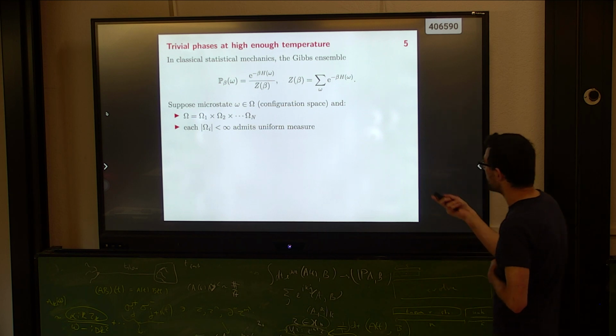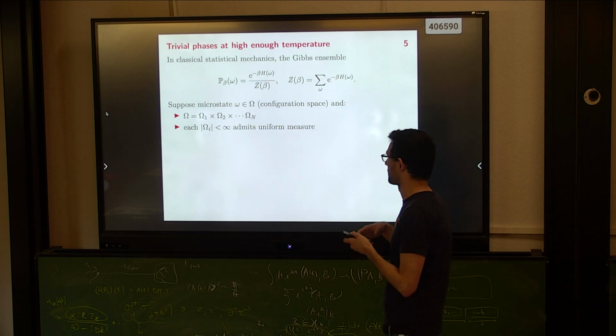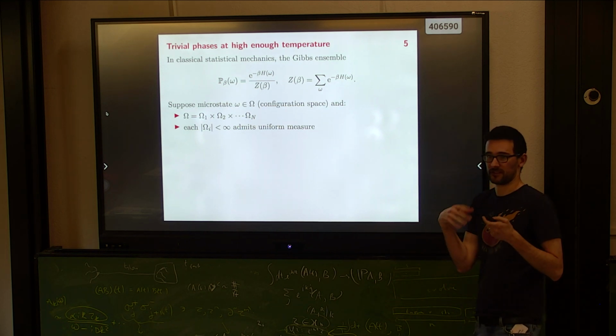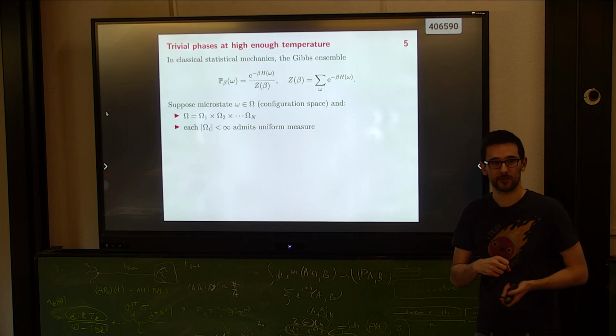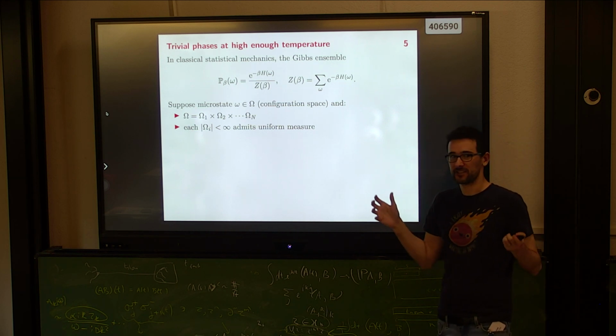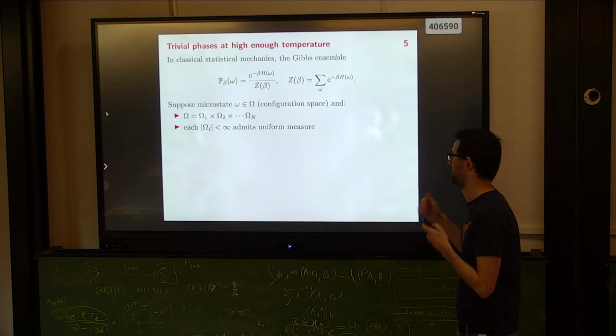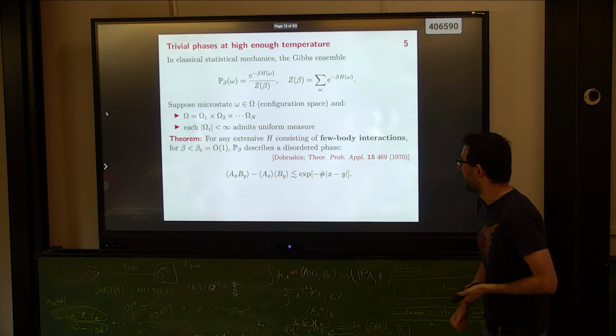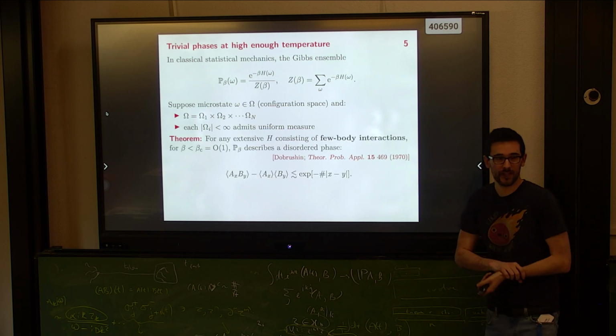Okay. The second assumption, which might seem a little more technical, is that there's a sort of uniform measure, and for the most part in this talk, that means that the set omega is finite. So we have some k possible spin states, and each omega could be different for different sites. And if we have these assumptions, then there's a theorem